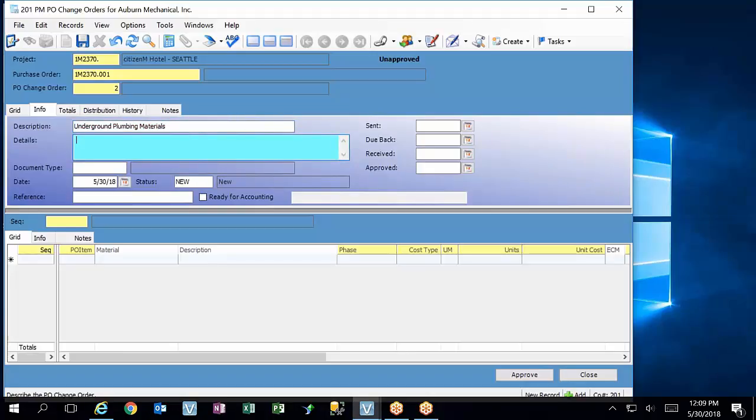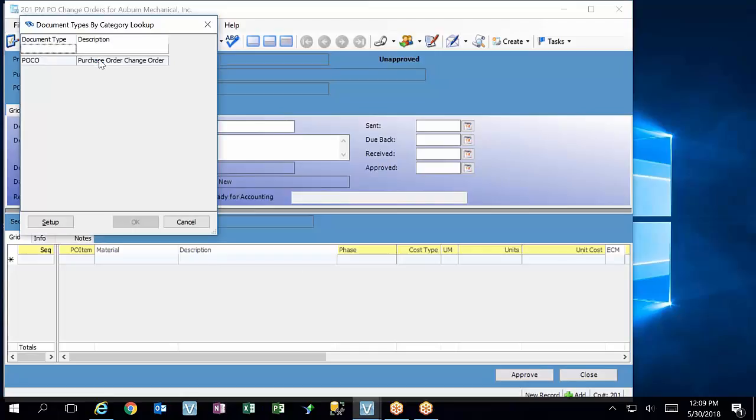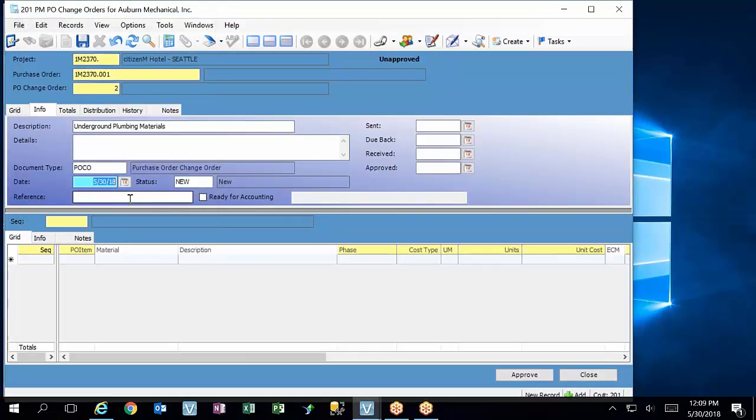You don't have to put anything in there if you don't want to. Then you just do an F4. It should be, yep. There you go. If there was any reference, so if there was anything that you were referencing, tab. Yeah, there you go. So the ready for accounting is when it's actually ready to be, that's kind of the approval kind of thing. So then if you tab down